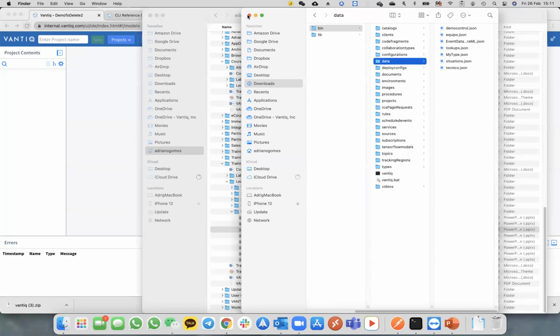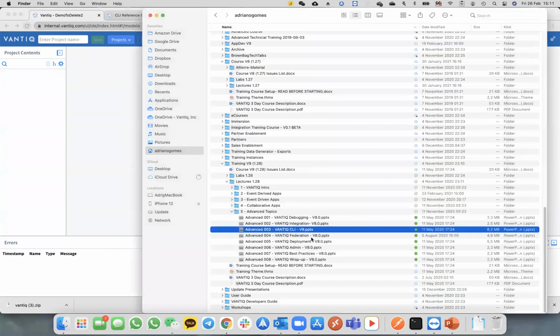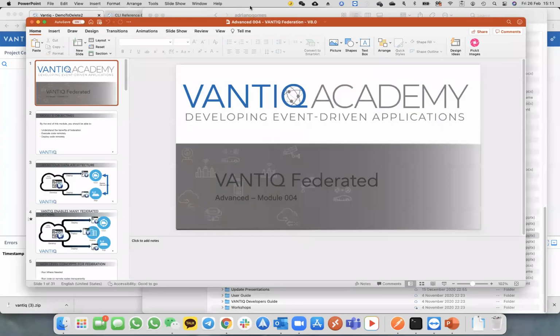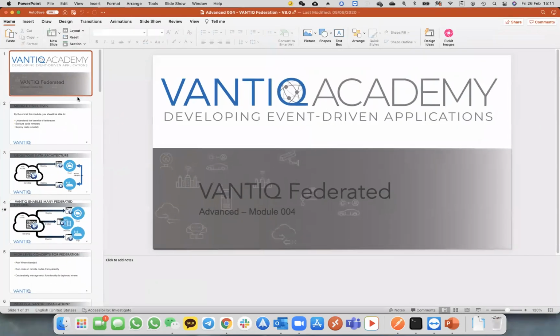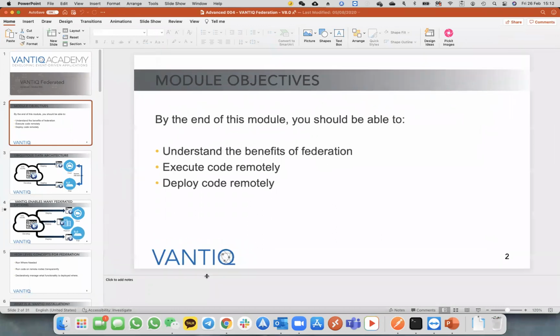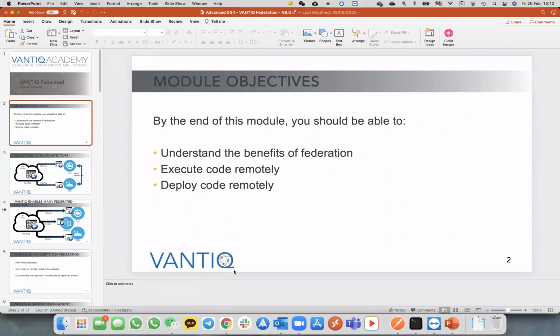Let's talk. I think it's going to be federation. Yeah, federation. So federation is amazingly important. It's a very important topic. I would say a little bit advanced right now, but it's really, really important because that